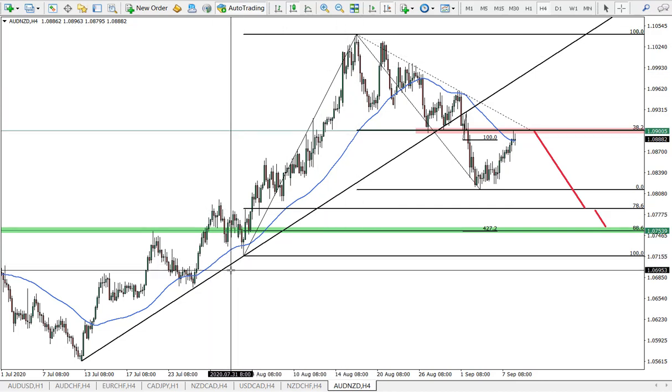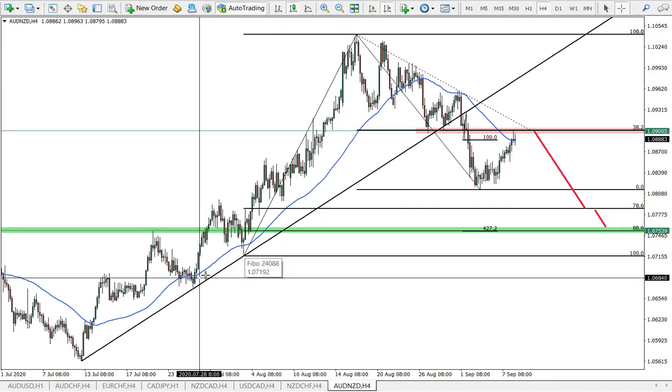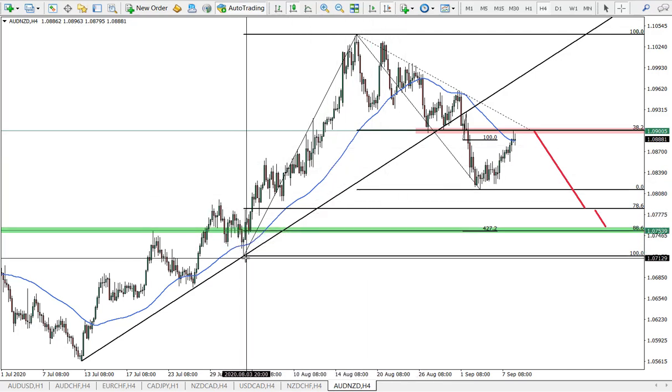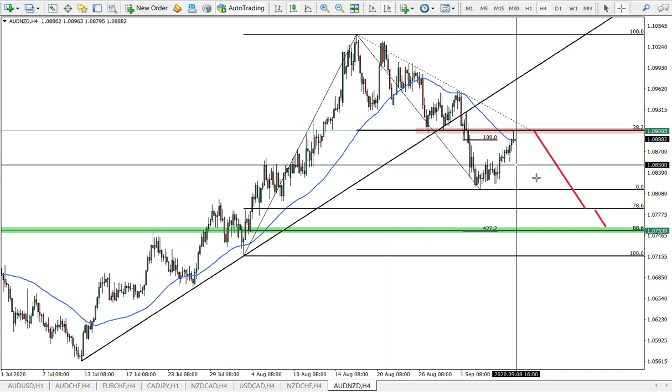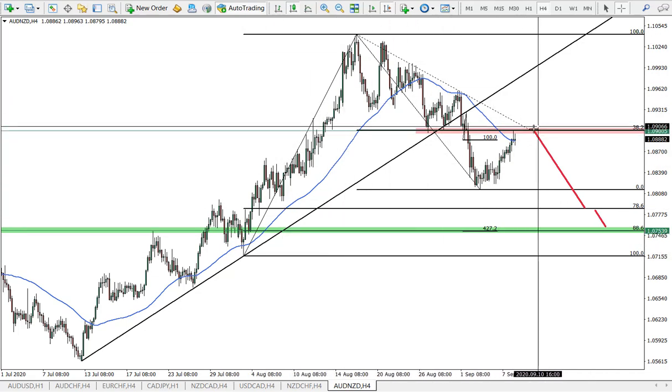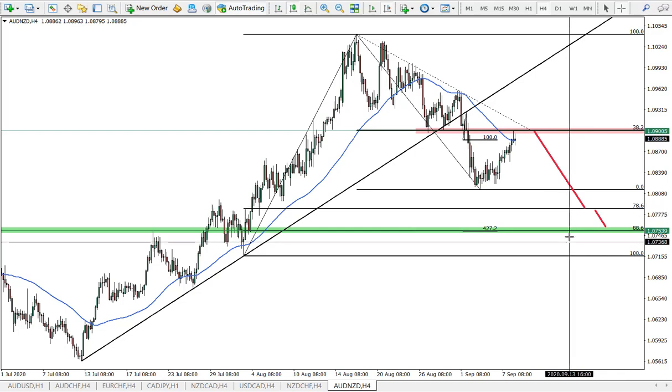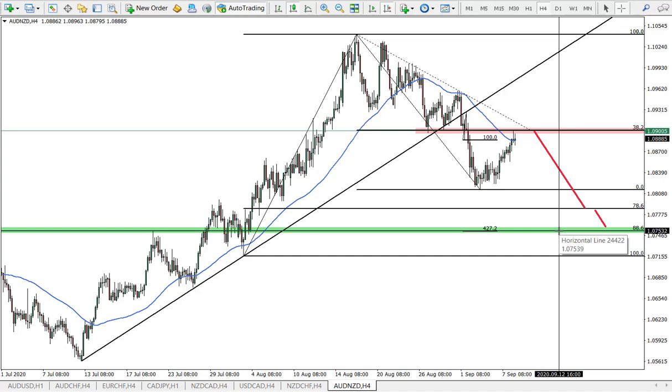Basically, I have taken the second point of the trend line. You can see that there were no bounces off the trend line, so this is the last rejection of the trend line. We had the breakout, so this is the fibs, and there are two levels: 78.6 at 1.0786, and the second, which is the most important, is the 88.6 fibs, which is at